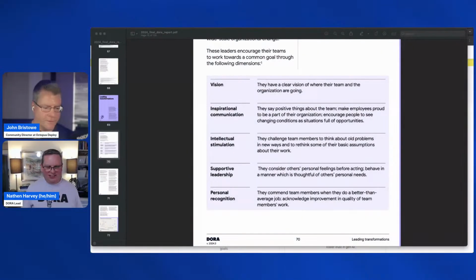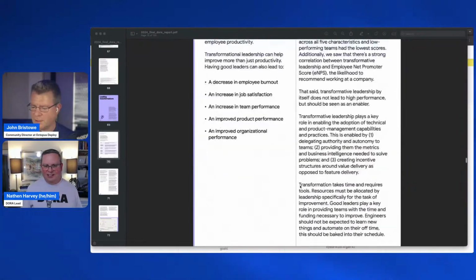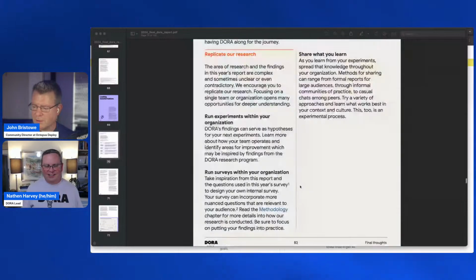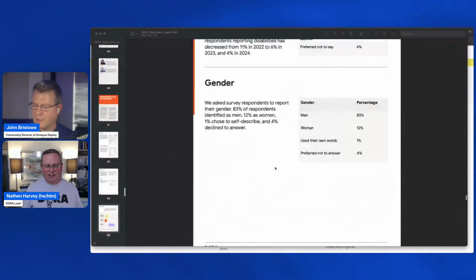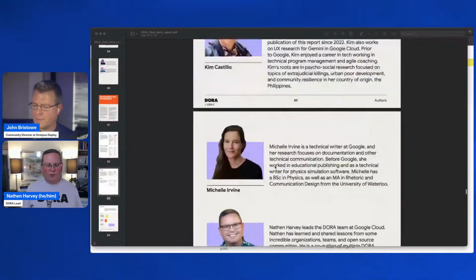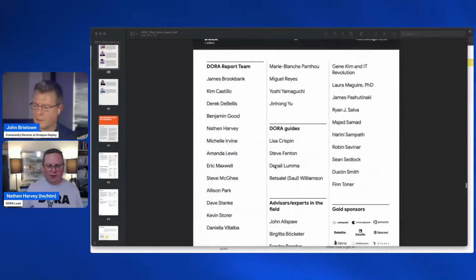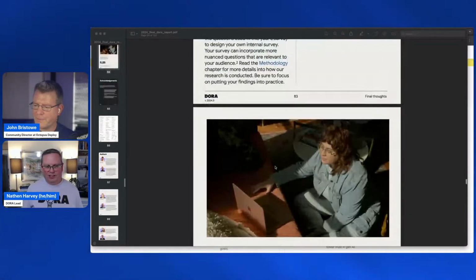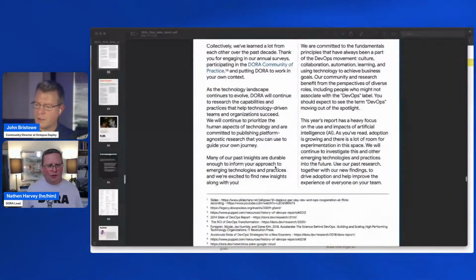Okay. So I know we bounced around here a lot. That's obviously intentional. We're trying to cover a lot of the report. The report itself is quite long. If I do the page count here, geez, it just keeps scrolling and scrolling and scrolling. It goes on and on. And to your point, we wanted to write a short report, but we didn't have enough time, so we wrote you a long report instead.